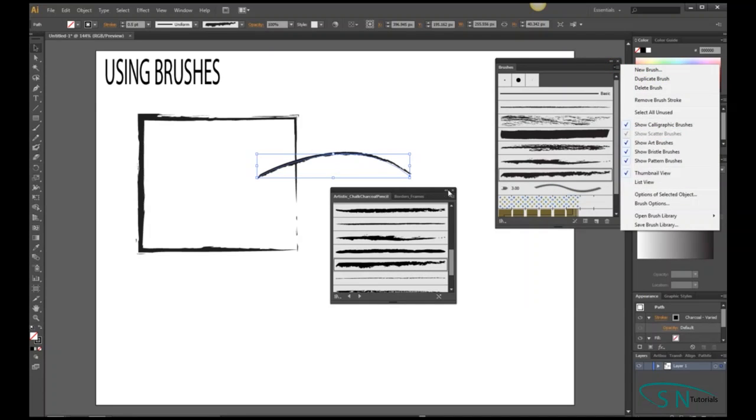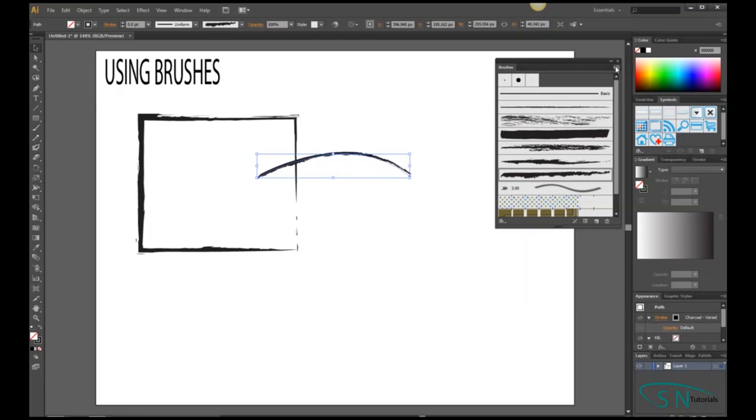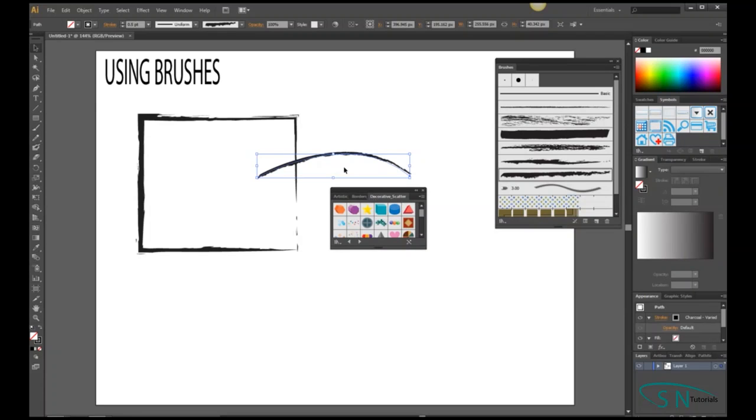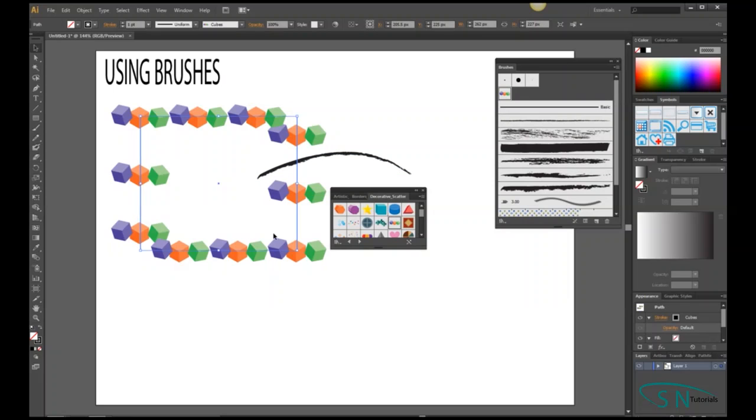More brushes can be accessed from the library. Vector packs, decorative, scatters, for example. These scatter brushes will produce this effect